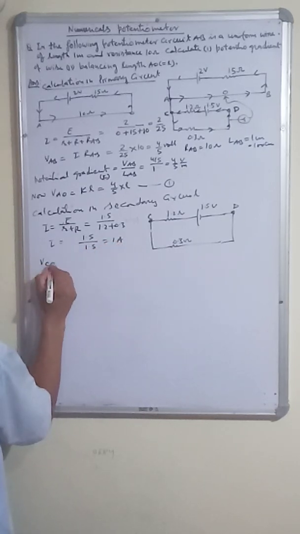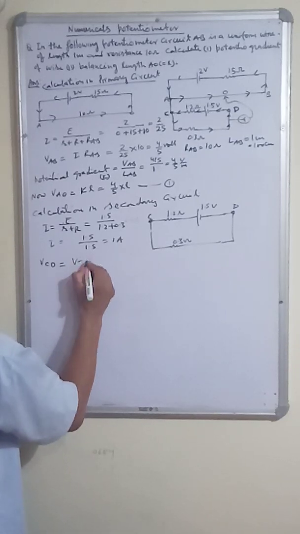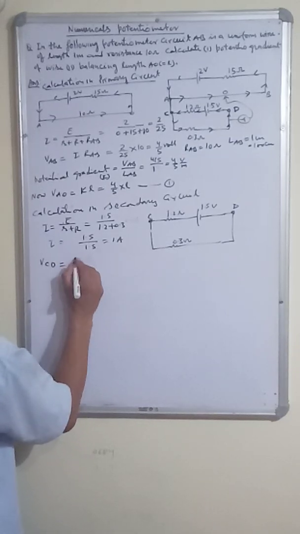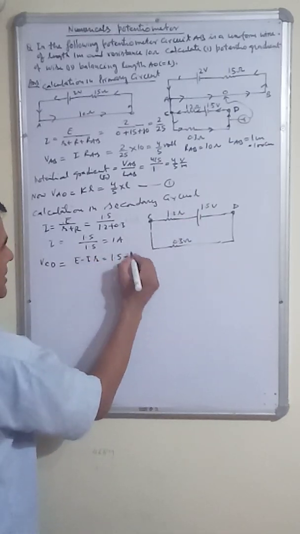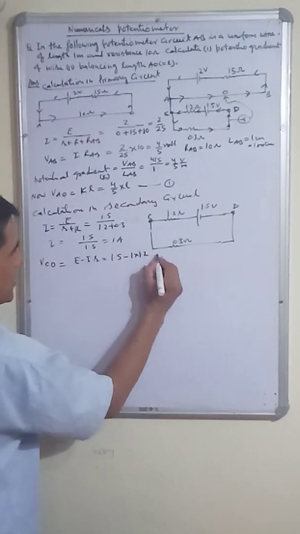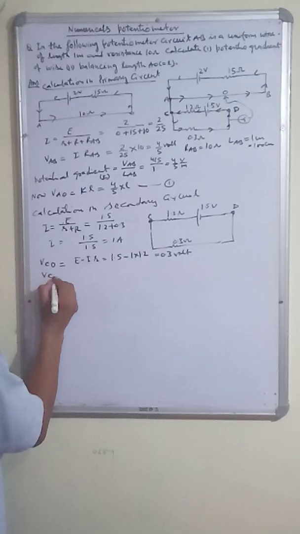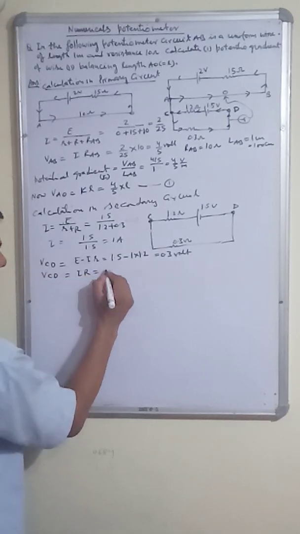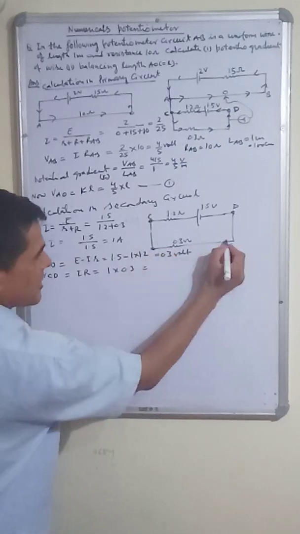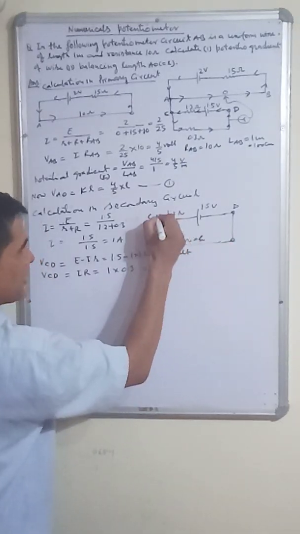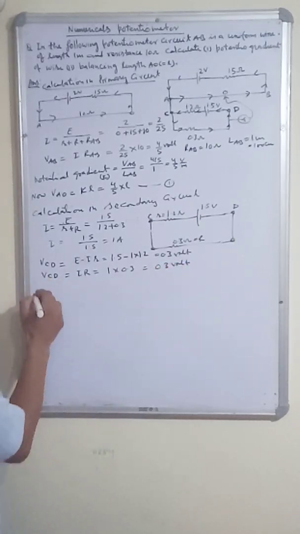Now what is the terminal voltage? VCD is equal to E minus V, which is equal to E minus Ir. What is E? E is 1.5, I is 1 and r is 1.2. So it comes out to be 0.3 volt. Now we have another formula, VCD is equal to I into R. I is 1 and R is 0.3, the external resistance. I treat it as an external resistance. So again it comes out to 0.3. Now this is at the null point.